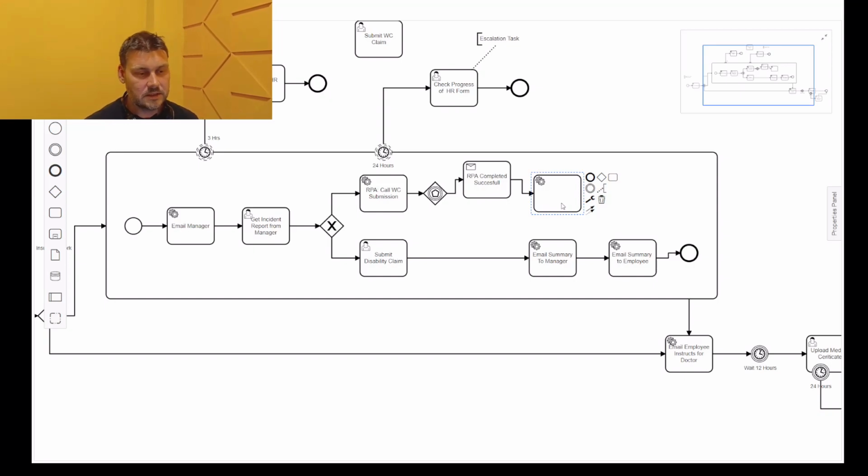So this is the idea that once we have the data, we can go back and forth and change the location. So it's an action which, in this case, updates the HR system with the WC claim